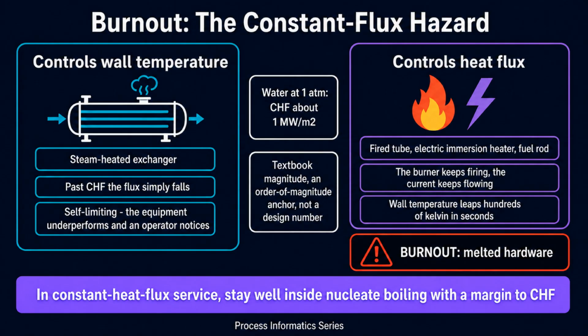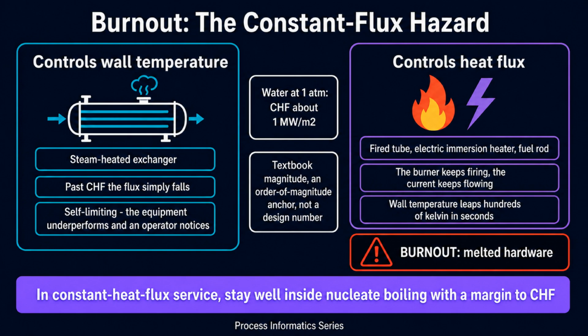A fired heater tube, an electric immersion heater, or a nuclear fuel rod controls heat flux instead. The burner keeps firing and the current keeps flowing, regardless of what the surface is doing. When such a device exceeds the critical heat flux, the only free variable left is wall temperature, and it leaps hundreds of Kelvin in seconds to force the same flux through an insulating vapor film. That is burnout,